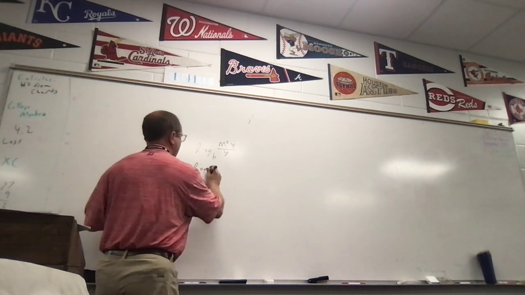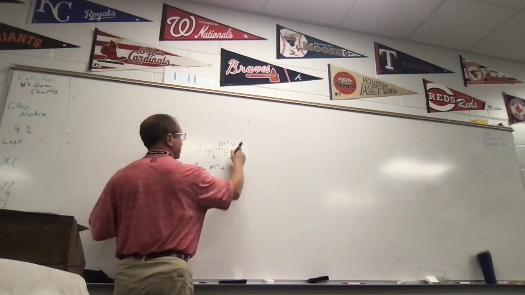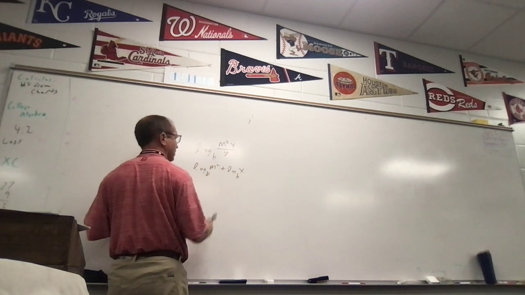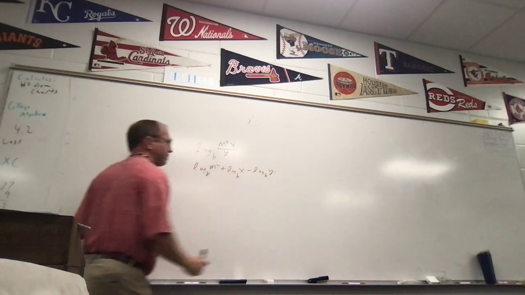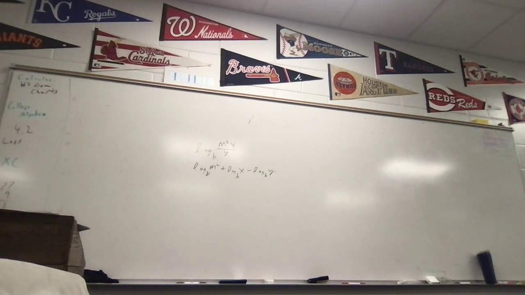Okay. The log base b of m squared plus the log base b of x, and then minus the log base b of y. Now, they actually don't want you to leave it like that. What do you think the other thing they want you to do here is? Condense the bases. Well, we're not going to condense because this is an expansion problem, but the other thing